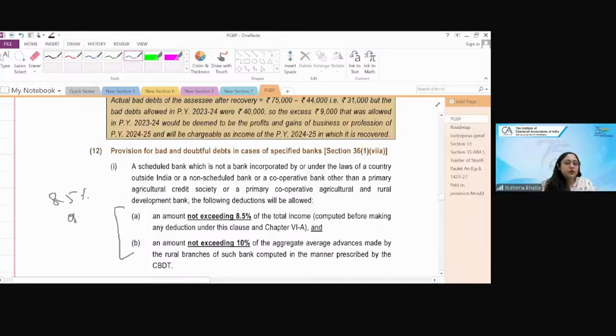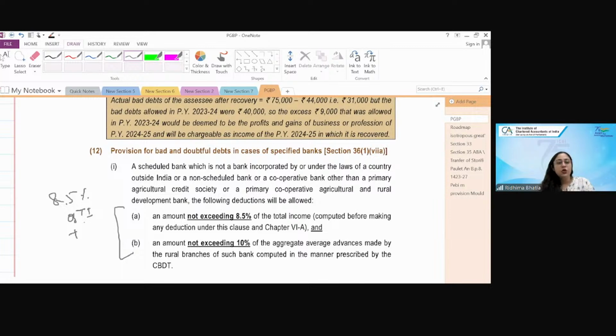8.5% of your adjusted total income, which is total income before this deduction, okay. Total income of who? Total income of the bank. So maximum 8.5% of the total income you will be allowed as provision. Plus, if you are into rural branches, rural deposits, rural advances, then the probability of having bad debt is high, because in rural areas the recovery chances are comparatively low